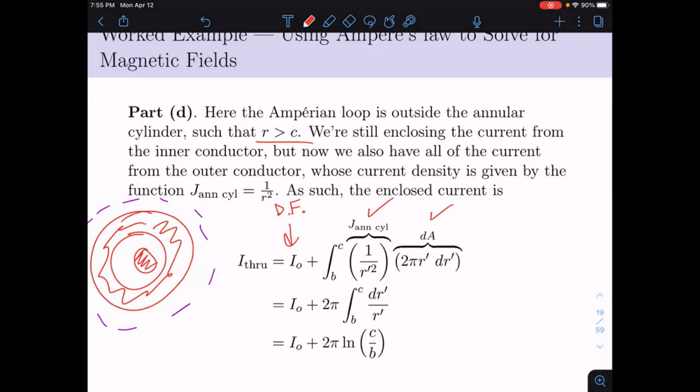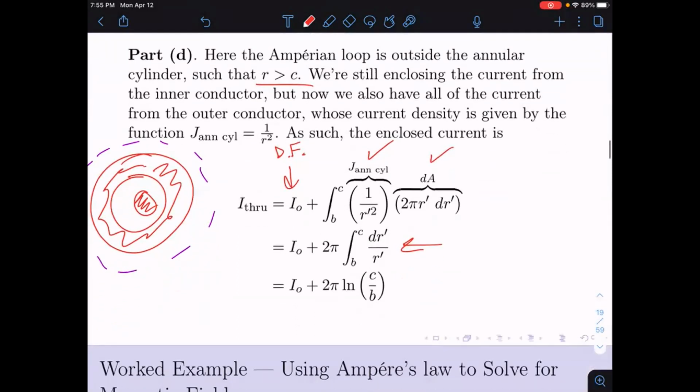I can pull that 2 pi out of my integral, and so I have the integral of basically 1 over r again, and I'll get that same natural log form. Except now it's going to be natural log of c over b, because those were my bounds, not r over b. Very, very subtle difference there, but keep in mind I've got all the current in my entire cylinder now. So not r, c. Okay, so this would be my current for r greater than c, equal to that sucker right there. At this point, this seems like a lot of work, but I promise we've basically just done the same thing 4 times,